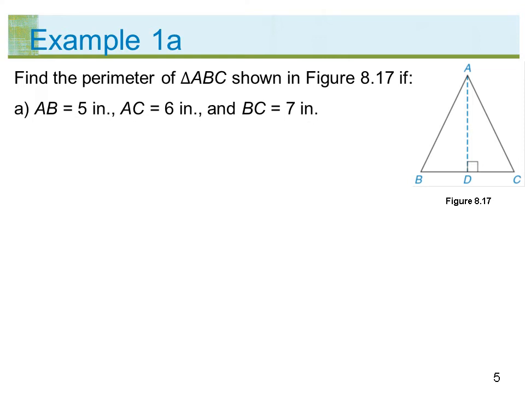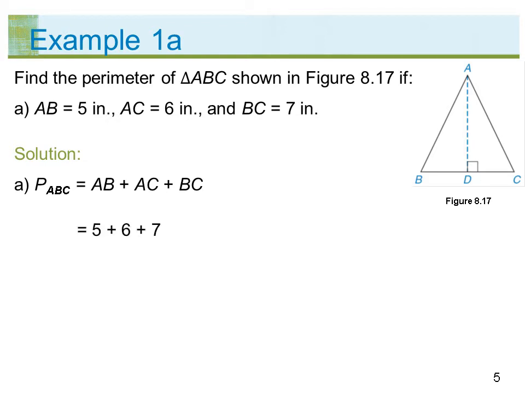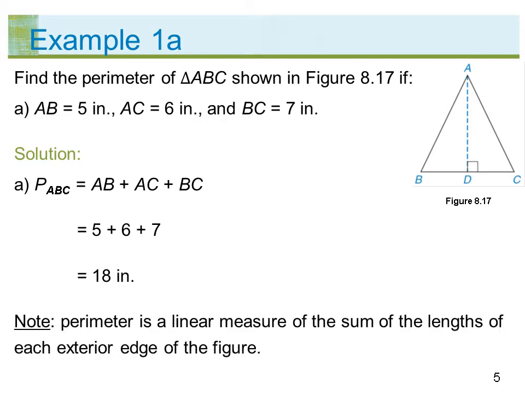Find the perimeter of triangle ABC shown in figure 8.17 if A, length AB equals 5 inches, length AC equals 6 inches, and length BC equals 7 inches. Solution. A. Perimeter of ABC equals length AB plus length AC plus length BC, equal to 5 plus 6 plus 7 equals 18 inches. Note, perimeter is a linear measure of the sum of the lengths of each exterior edge